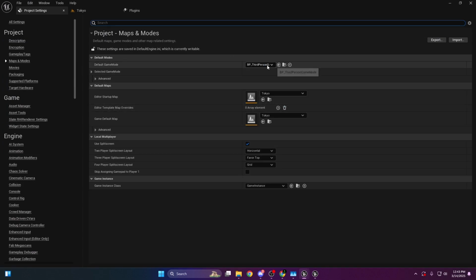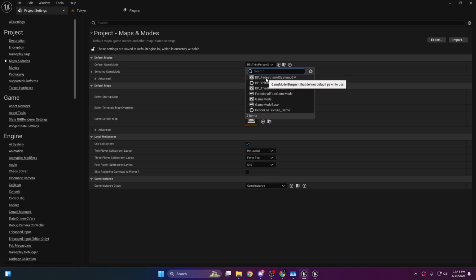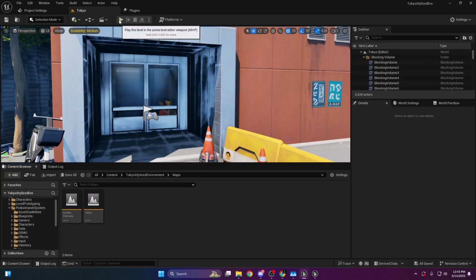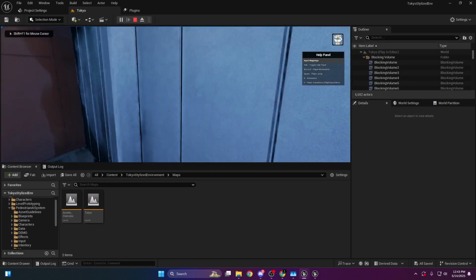Here you can see the default game mode is BP third person game mode, which is the default game mode provided by Unreal Engine for the third person game template. But instead of that, now we can simply use this BP pedestrian AI system game mode, which will start instantiating our own BP player class instead of that default mannequin. So now if I play it again,